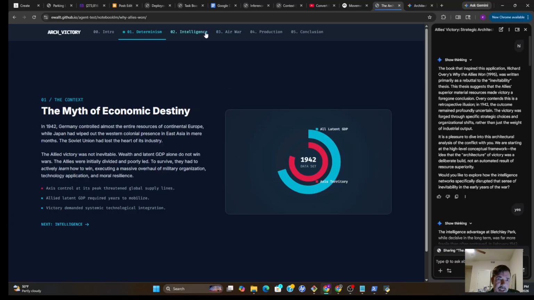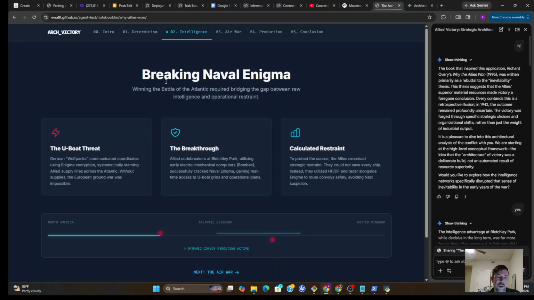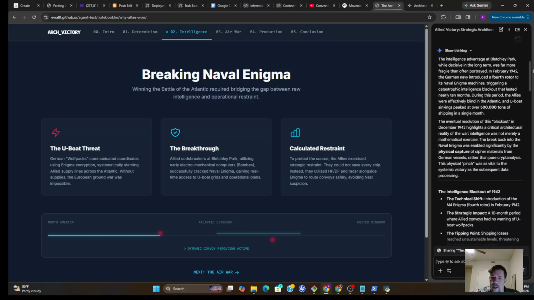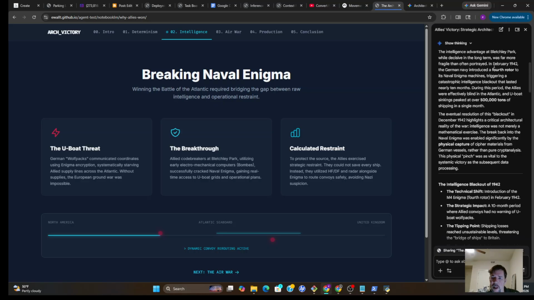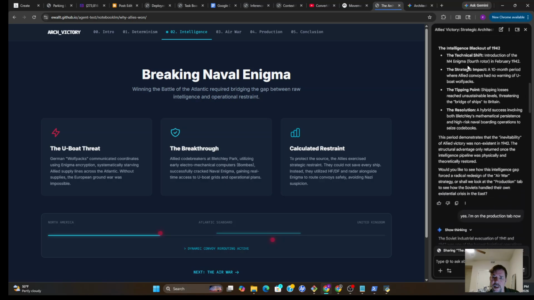If I'm on a certain page, say this intelligence page, which is talking about breaking the Enigma code that the Germans had, when I get to this tab, it's giving me additional information about what I'm reading on the tab. For example, it says here that there was a 10-month period where the Allies couldn't read the Enigma codes because the Germans added a fourth rotor to their 3-rotor machine, and it took them that long to figure out a way to crack